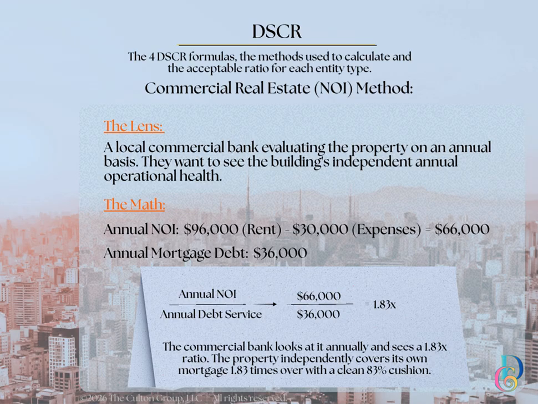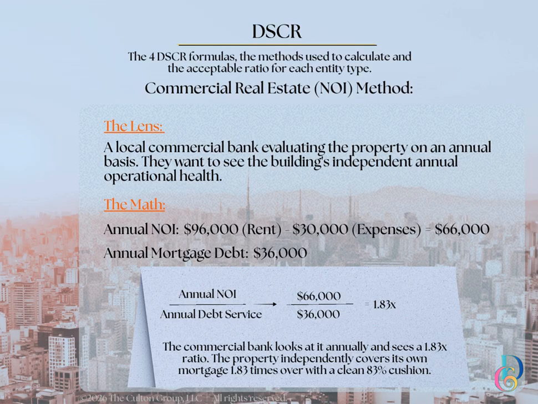Your NOI is 66,000, and that is divided by the annual mortgage debt, which is 36. You see the formula, see it printed out with the numbers plugged in, and when you do the math, your